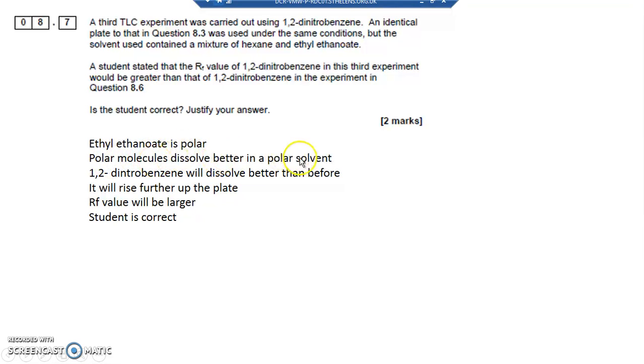Polar molecules dissolve better in polar solvents. Something that's polar bonds to something else that's polar with intermolecular dipole-dipole attractions. So polar molecules dissolve better in a polar solvent. The 1,2-dinitrobenzene, being polar, will therefore dissolve better than it did before, because this ethyl ethanoate is polar. So dinitrobenzene is polar. So is the ethyl ethanoate. It will dissolve better than before. If it dissolves better than before, it rises further up the plate and the RF value will be larger. Therefore, the student was